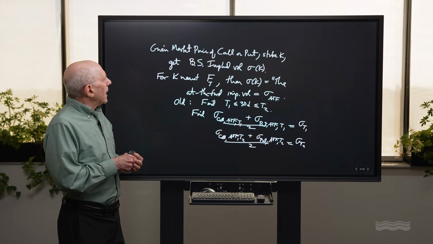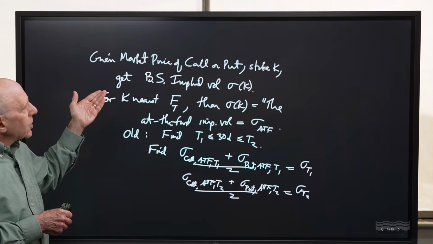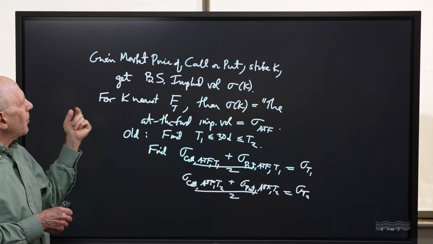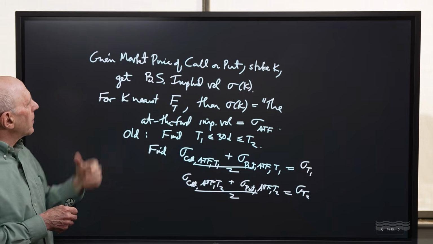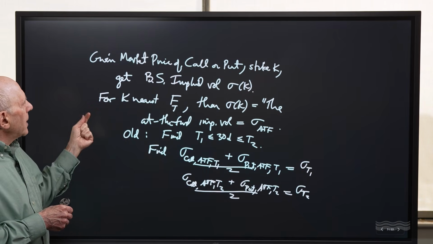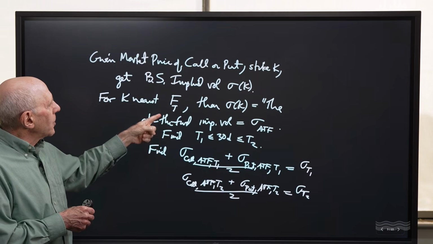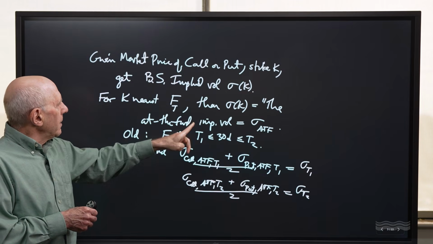So there's also the Black-Scholes formula for put options. So we have call options and put options, and they wanted to incorporate both of those. So what they decided to do was find strikes nearest the forward for a given maturity, and then let sigma